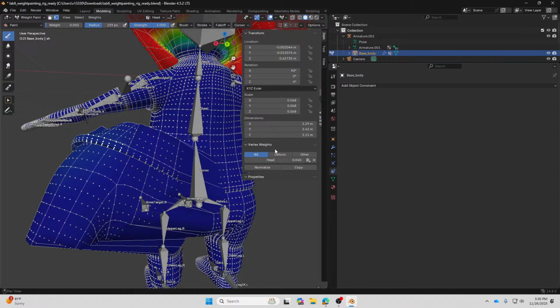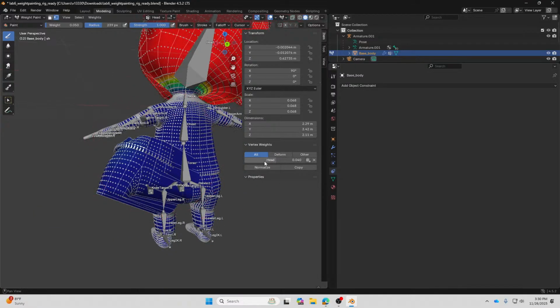Basically in this vertex weight menu, you'll be able to understand which is the bone that is actively controlling this part of the body.